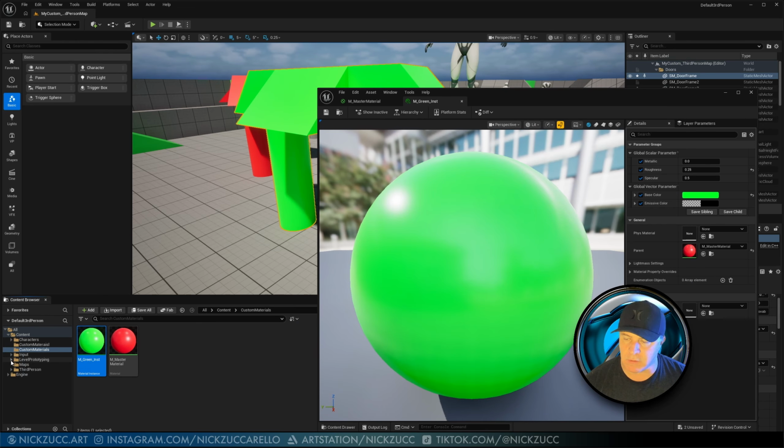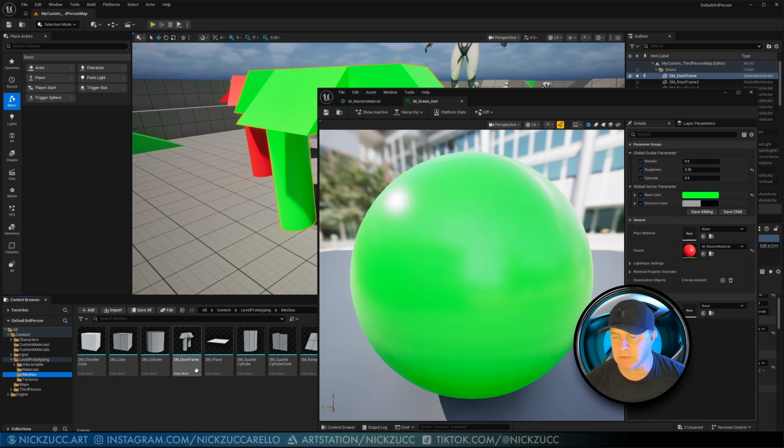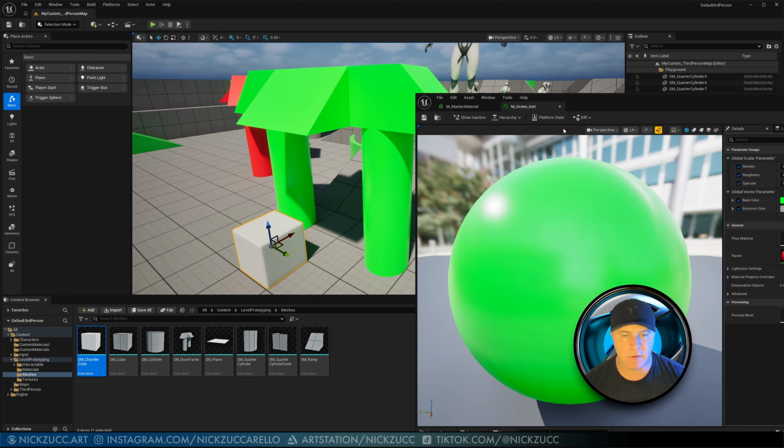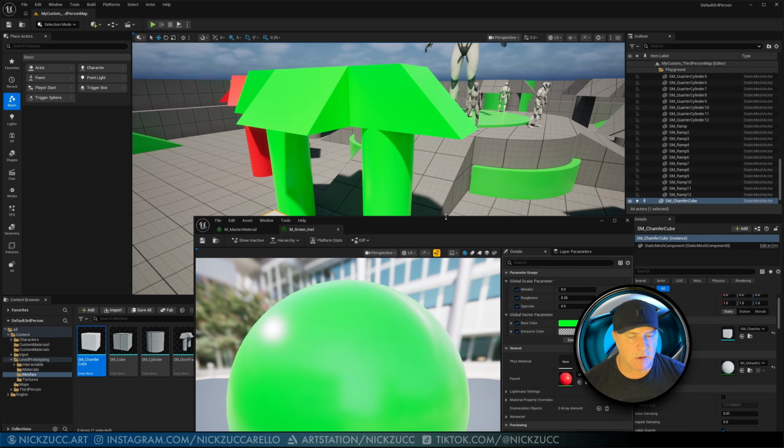So what I was going to do is go to this level prototyping, and under meshes, they've got this static mesh chamfer cube. And on that one, they've got rounded corners. So I'll just throw this in here like this. I'll drag it up just like that. And again,